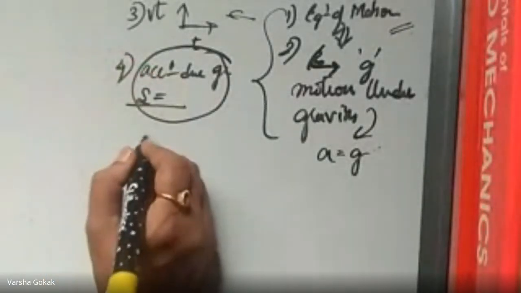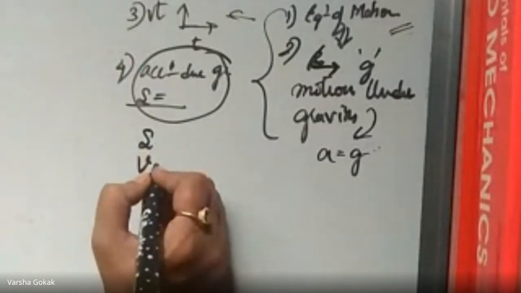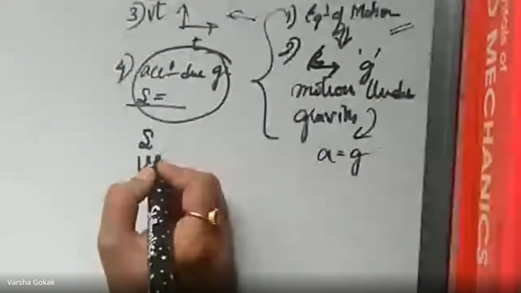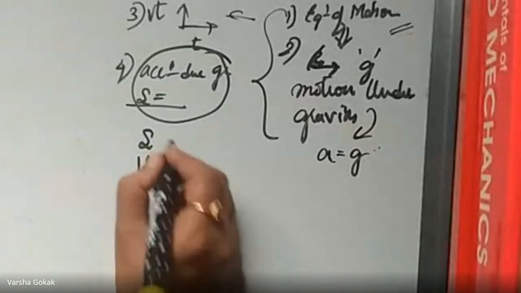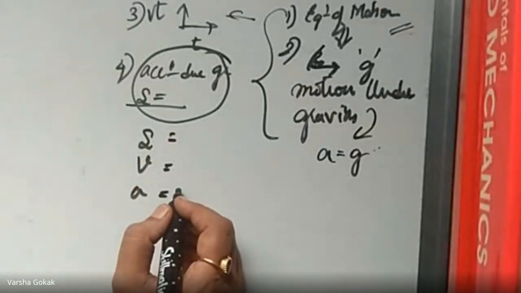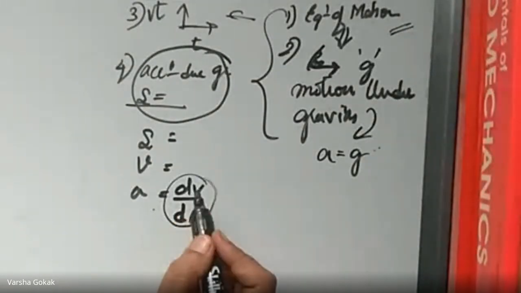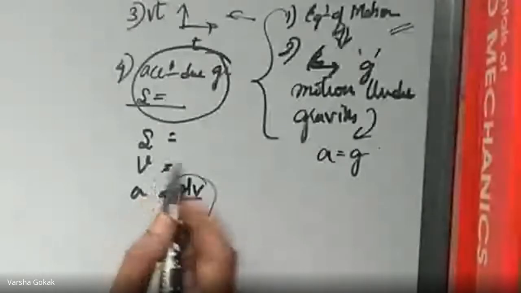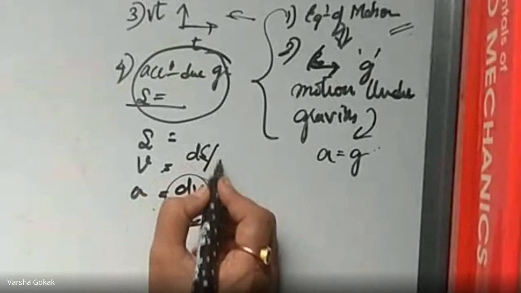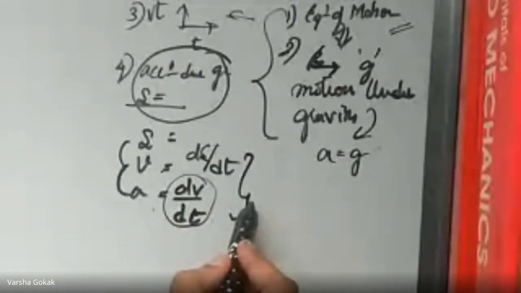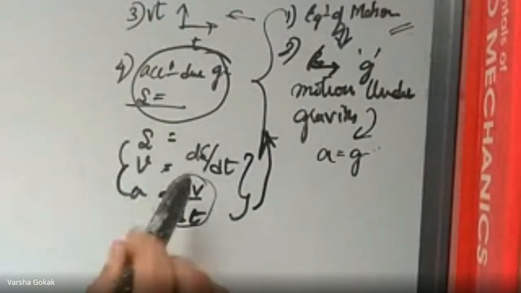For example, we have s, distance traveled, velocity and acceleration. So what is velocity? What is the formula for velocity? Or what is acceleration? Acceleration is dv by dt, right? That is, acceleration is the rate of change of velocity. And velocity is the rate of change of displacement with respect to time. So we had a set of numericals where we either differentiate or, in reverse, integrate, and we get the answer, right? So this set of numericals was done.